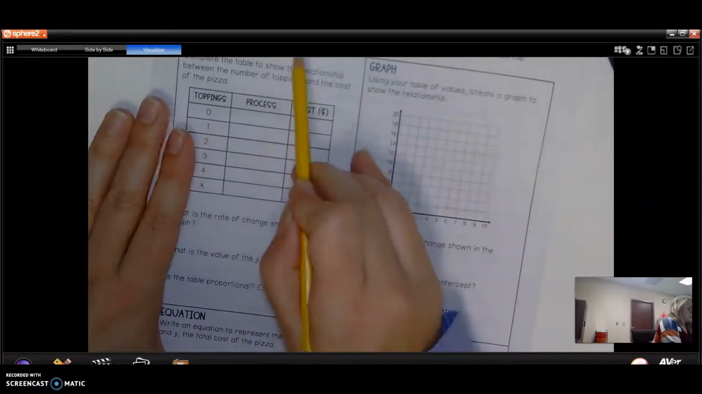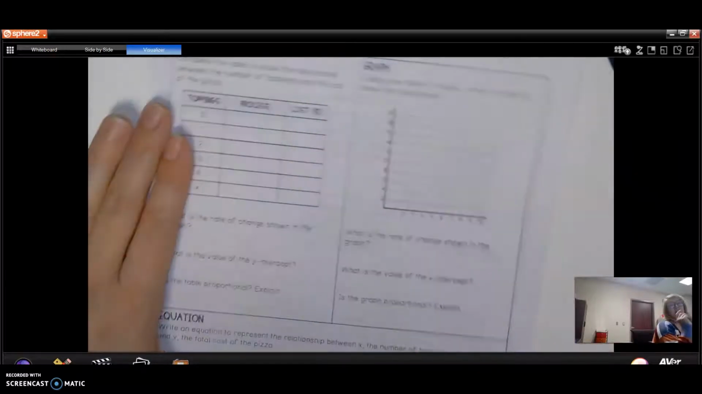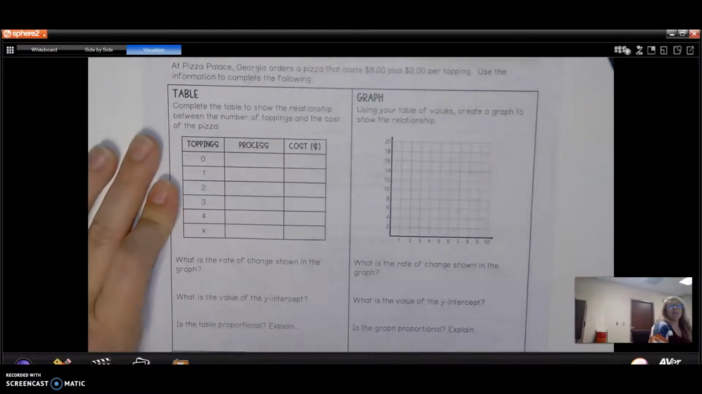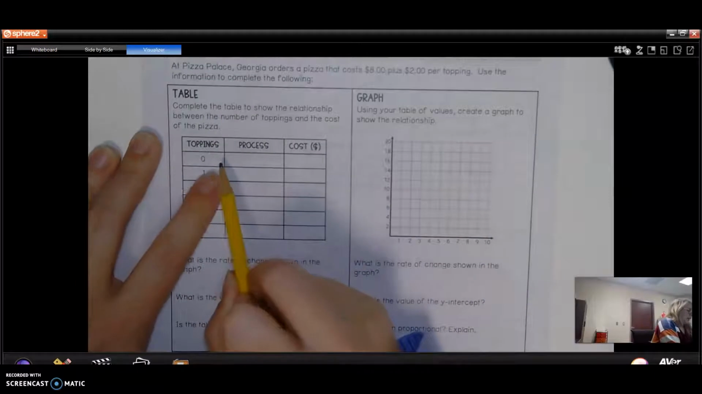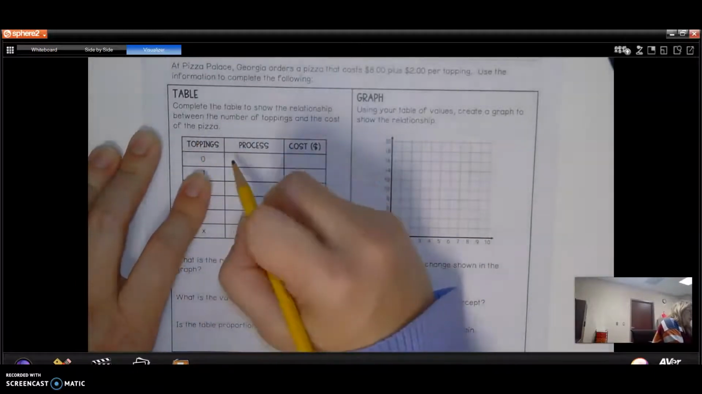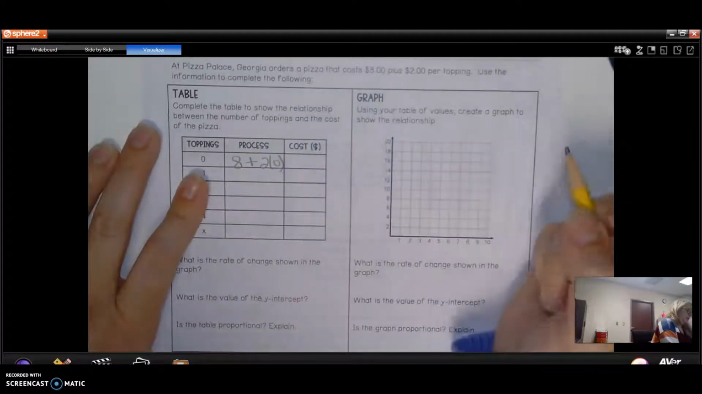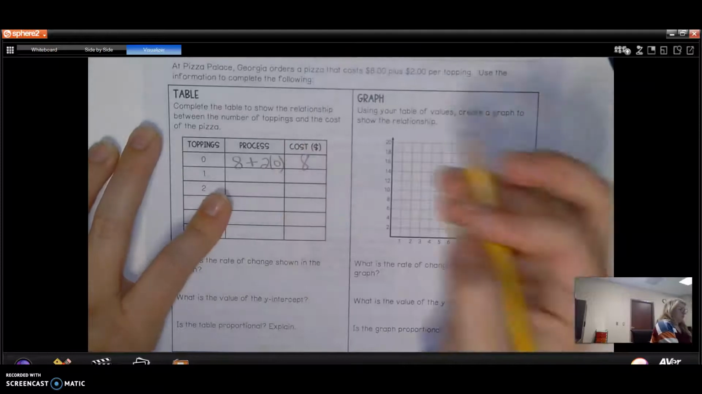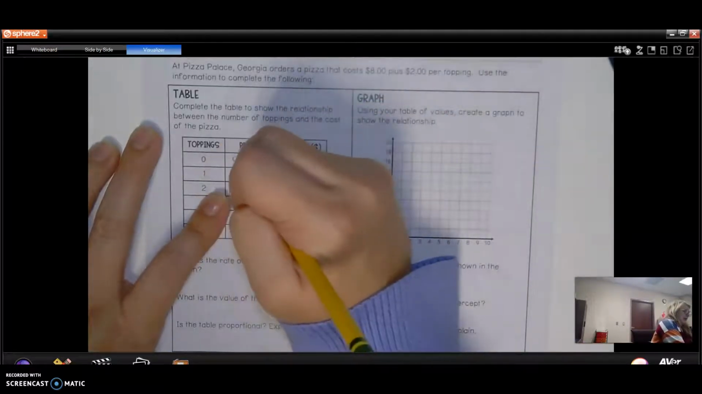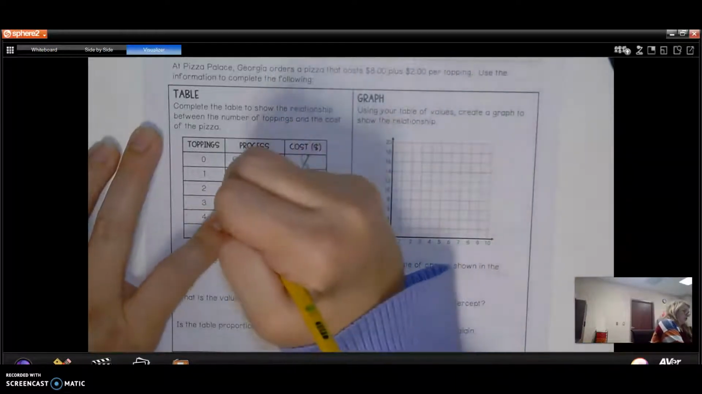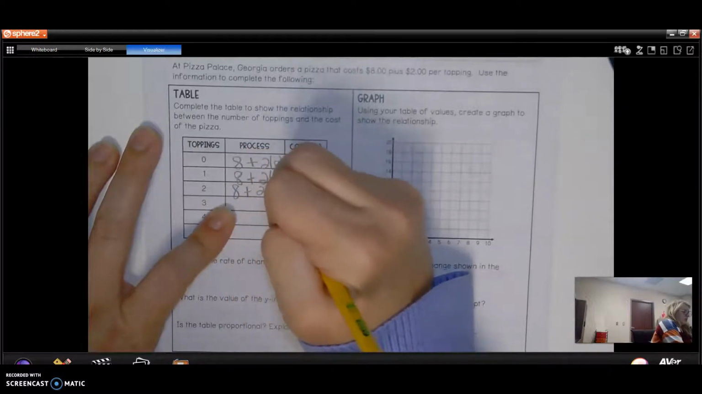At Pizza Palace, George orders a pizza that costs $8 plus an additional $2 per topping. Use the information to complete the following. Complete the number of toppings and the cost of the pizza. So I know that if we have 0 toppings, that's going to cost me $8 plus 2 times 0, and that's going to cost $8. For 1 topping, it's going to cost me $8 plus 2 times 1, which is 10. For 2 toppings, 8 plus 2 times 2, which is 4,